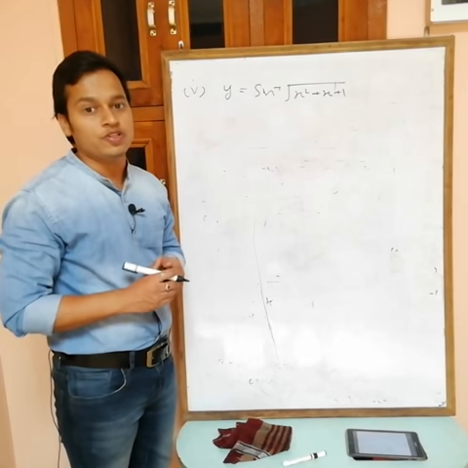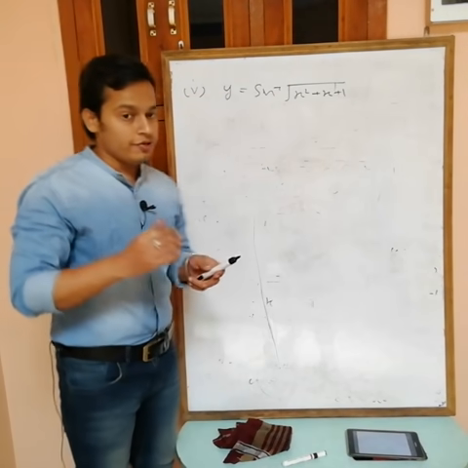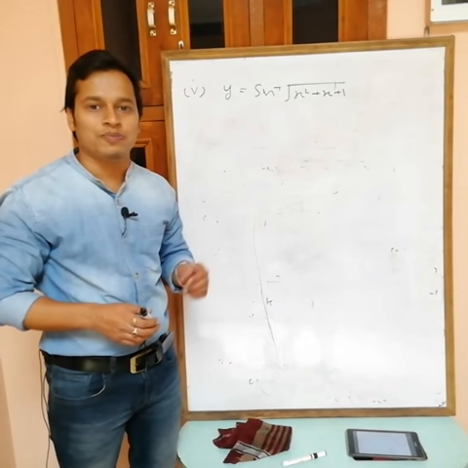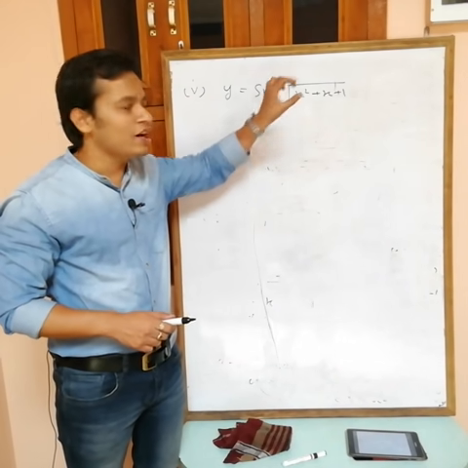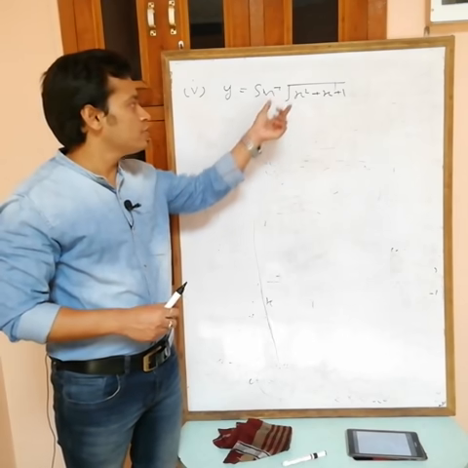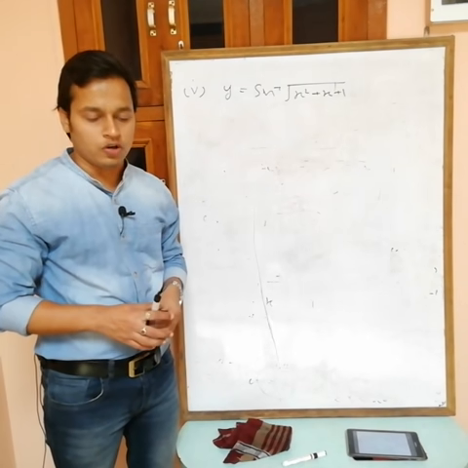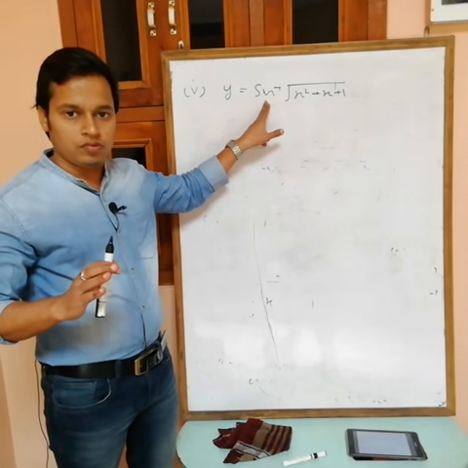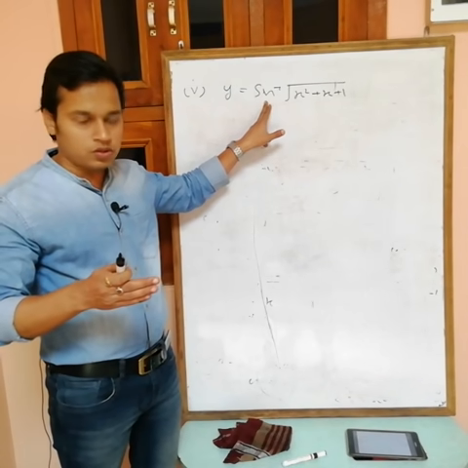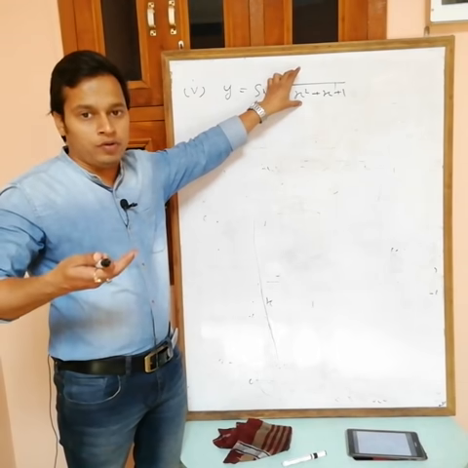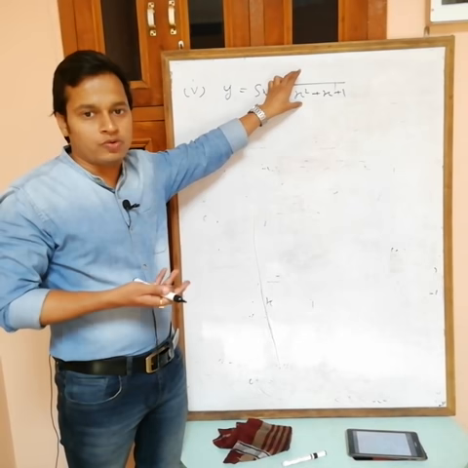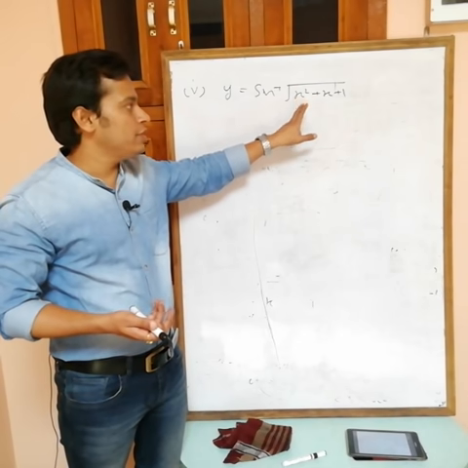Now for sine inverse we have a condition. Sine inverse is only defined from minus 1 to plus 1, but one thing is clear, root can't be negative. So this must be 0 to 1, obviously. So remember, sine inverse is only defined for minus 1 to plus 1. So it can't be greater than 1 and can't be less than minus 1. But obviously, this can't be less than minus 1 because root can't be negative. So this can't be greater than 1.